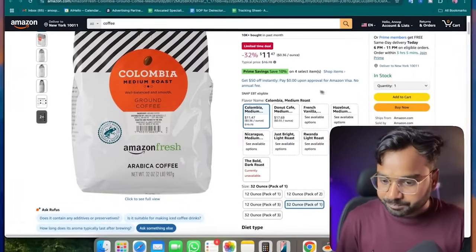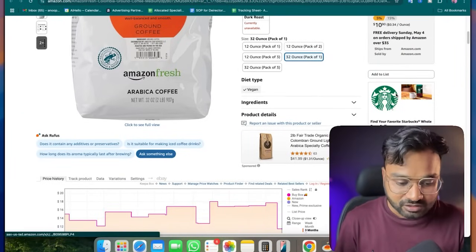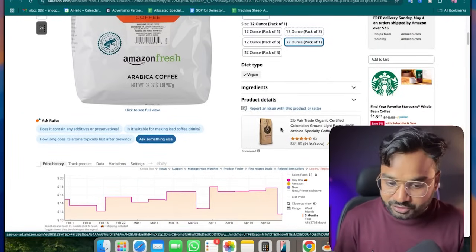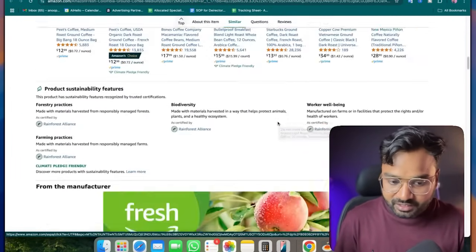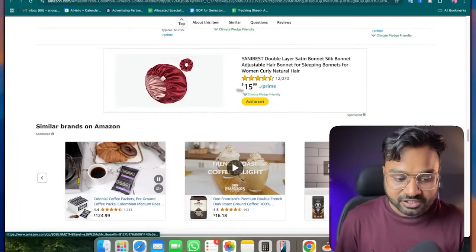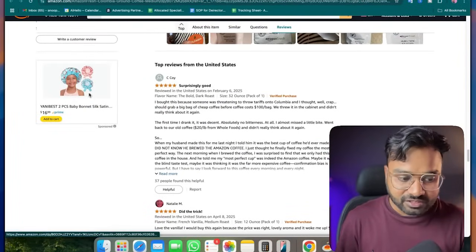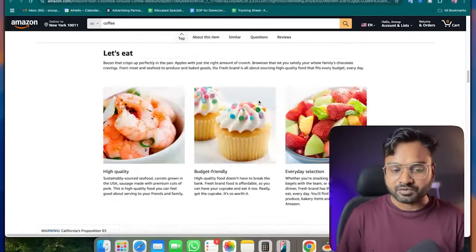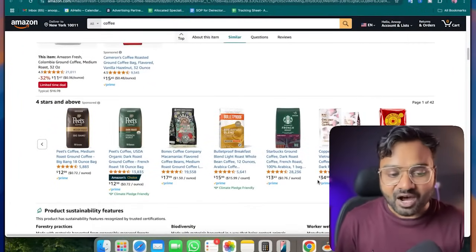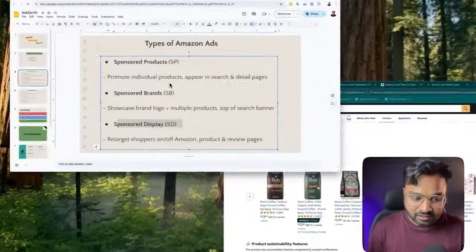Right, so if you see the buy box, this is called the buy box, and you see this is an ad. You see this is a sponsored display campaign. You see this is also a sponsored display campaign. If you go down, you see this banner, this is also a sponsored display campaign. Sometimes you see this is also a sponsored display campaign. So all of these things are sponsored display campaigns, right? So now you know the placement of all ad types.